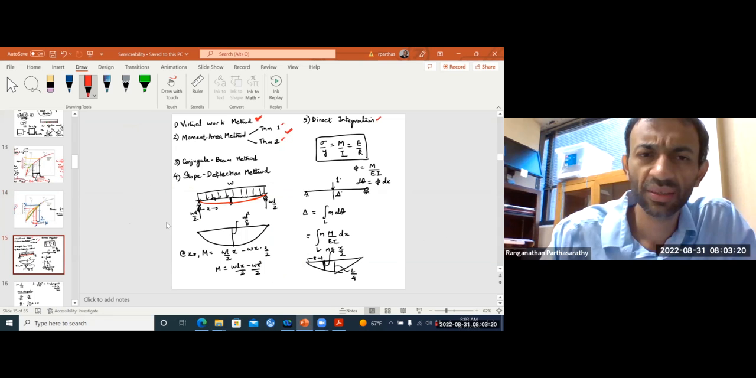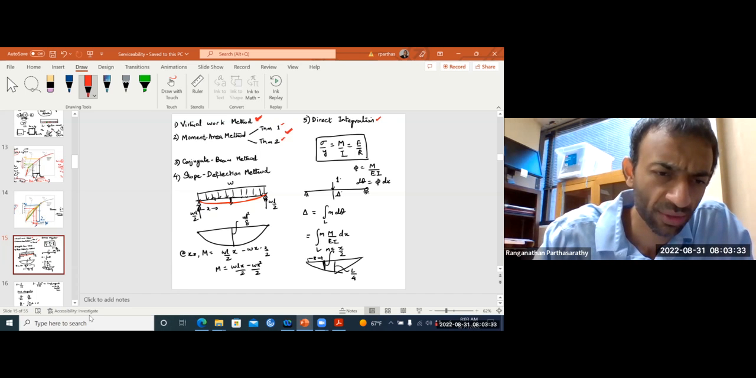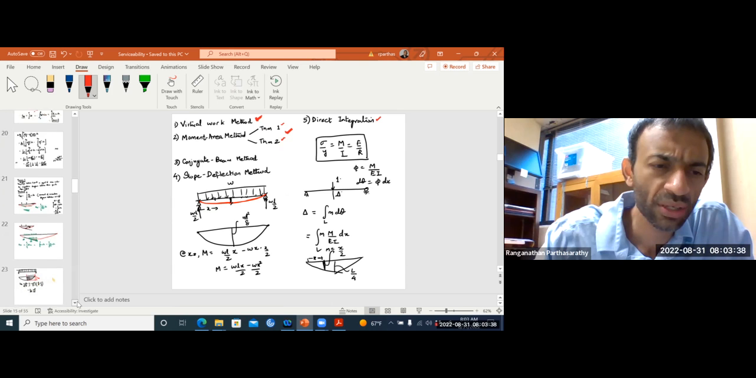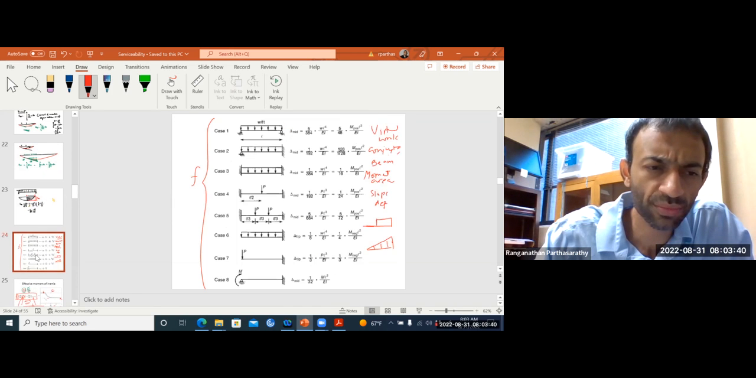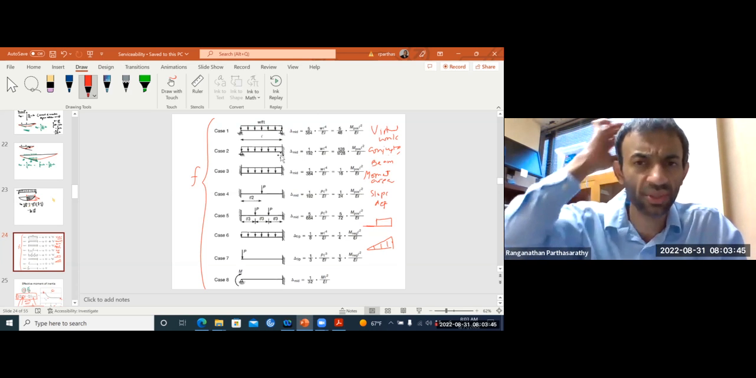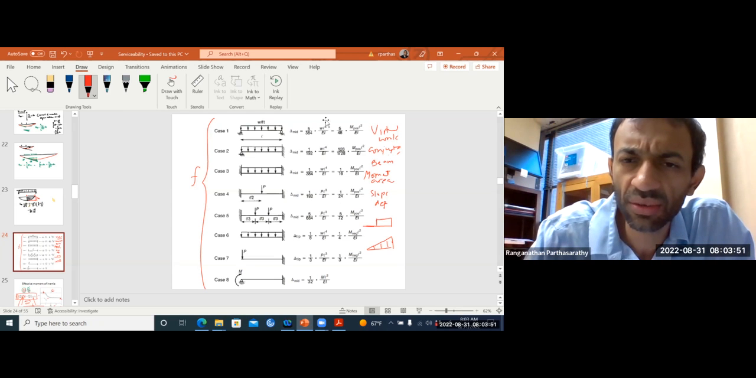Now, I think we said that, okay, these methods you have all covered in structural analysis. You just need to be able to calculate the deflections for any general loading case. Now, for standard cases and standard boundary conditions, you can use a table like this. You have simply supported, propped cantilever, fixed, and all kinds of cases,